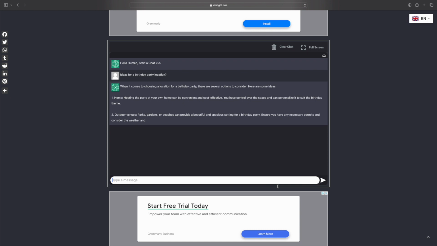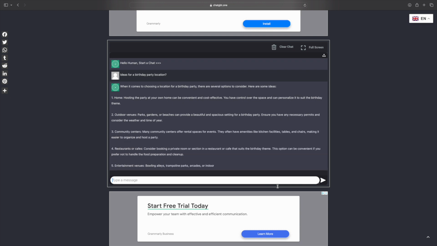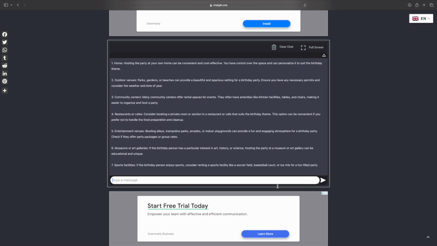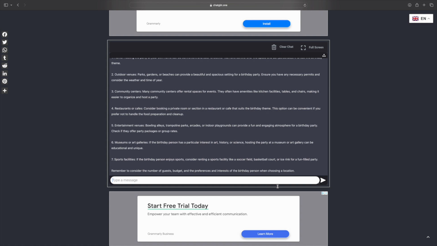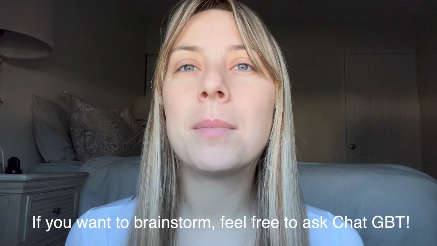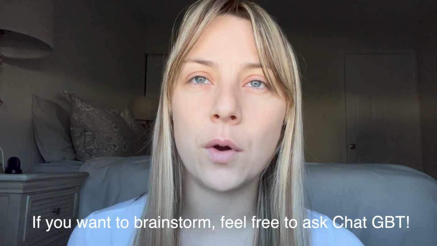So the first way is to generate ideas and to brainstorm. ChatGPT is incredible. You can figure out what are some ideas for an upcoming birthday party, or you can brainstorm some topics for a project or a blog post. You could also use the AI generator to have a recipe idea or something. So it's super cool. If you want information or ideas, you can just ask ChatGPT. It's kind of like a search engine in a way, but it actually will come up with an answer for you in a specific script or a text or the information, which is super, super helpful.